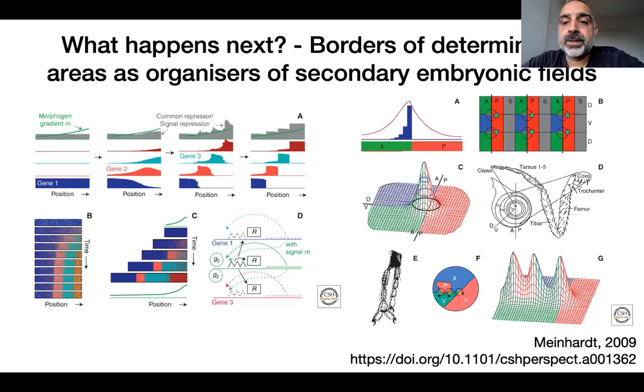Okay, and so now, because they're specified, because they're now at boundaries, they're seeing 2 different signals, they're experiencing 2 different factors, and in many cases they start doing something very different. I don't want to go into this figure too much, because Tina will talk about this as well, but again, it's in this Meinhardt review. It's a very attractive idea of thinking of these boundaries. So either here, these very concrete boundaries, which are boundaries within alternating segments in the larvae, but here also these boundaries in this computer model are now different. So this region here is different from all the others. Okay, and these now act as